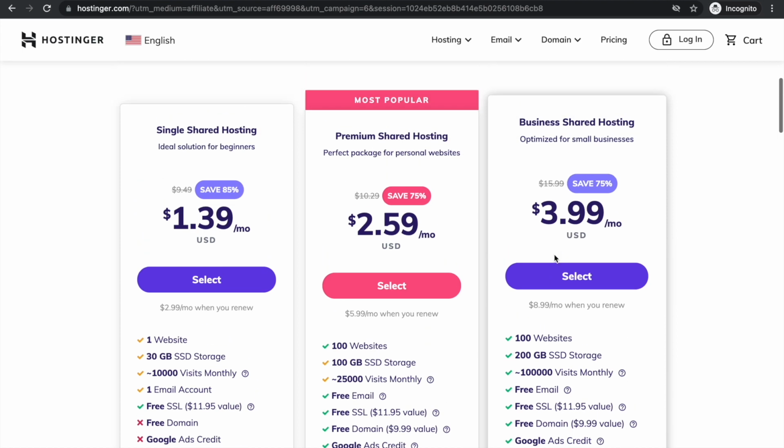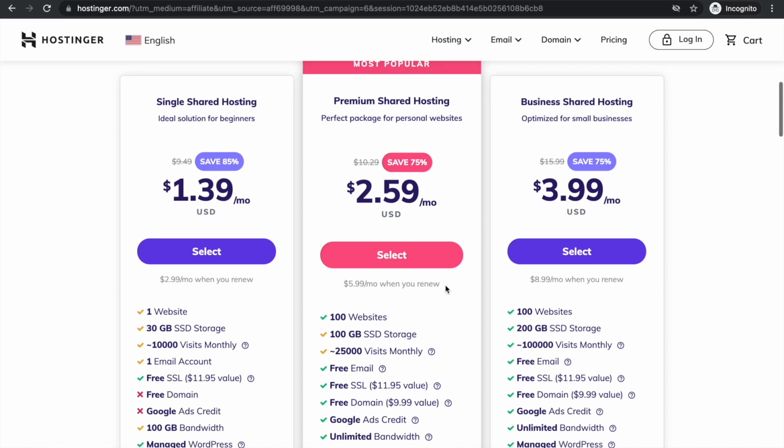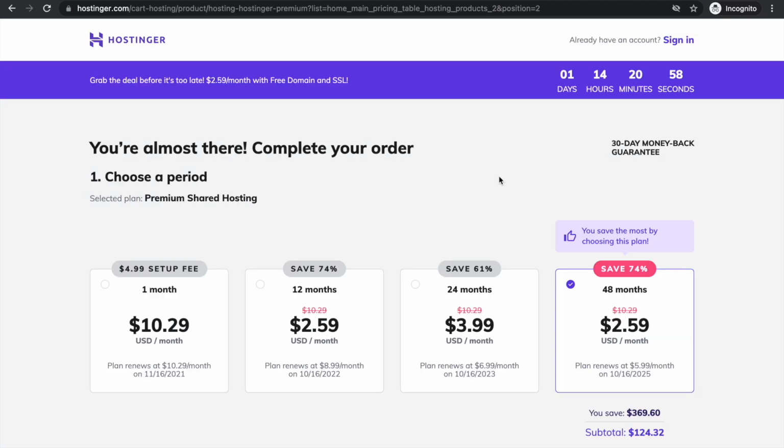So if that were to fit your needs, then obviously you can go ahead and click on that one there. But we're going to go ahead and focus on the premium shared hosting for this one. So I'll hit select right here, and this will lead us over to the checkout page. Currently it has it selected at 48 months. Now, if you're just getting started and you're not too sure about your websites and you're not really sure how long it's going to last, or it's just something you want to try out,